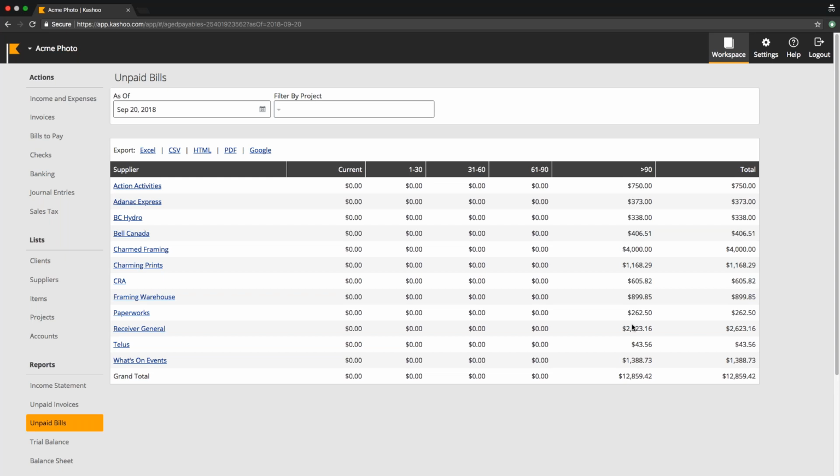due. So I should be taking a closer look at this to make sure that I've got enough money to pay all of these so that I don't incur any interest, and I can make sure that my business keeps running. So if you wanted to get more in-depth information about a particular supplier and the bills that you owe,